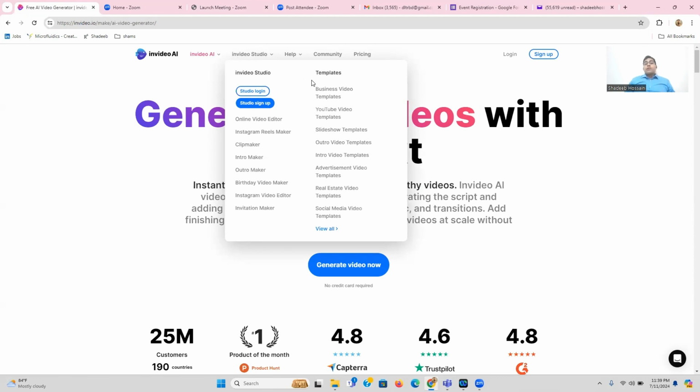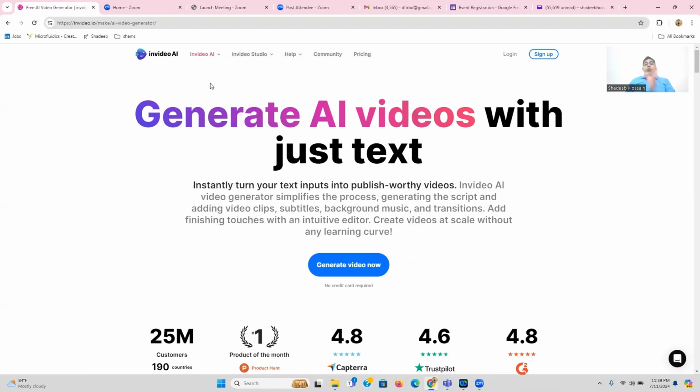Okay, they do have some templates over here. You can see the business video templates, the YouTube video templates, and the different templates that are there, like an online video editor. There's an online video editor as well, and an intro maker and a birthday video maker. We'll go to each one of those in our next class. But before I go into more advanced aspects of this AI generator for videos, let's just start with a simple, basic